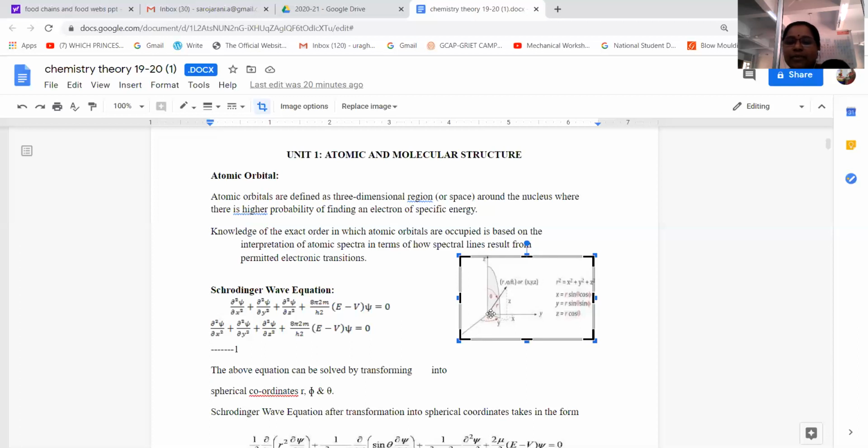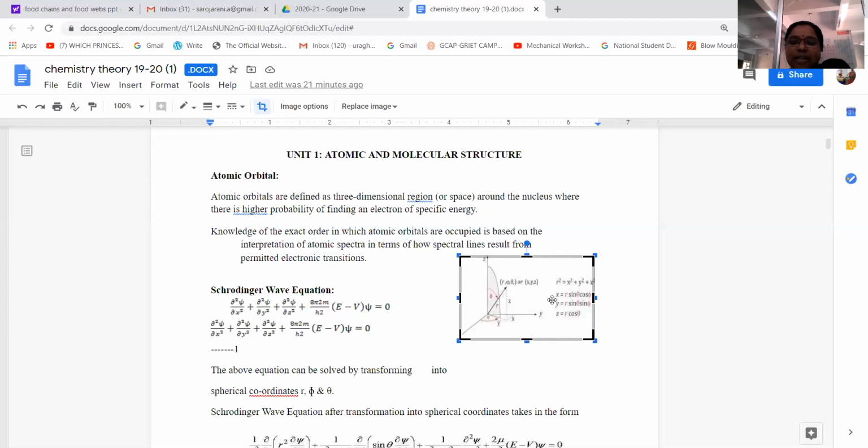Right? So here, if you see this, there are 3 Cartesian coordinates, x, y and z axis, at an angle theta. So simply you are going to call it r. This is the r. r square is equal to x square plus y square plus z square, where x is r sin theta cos phi, y is equal to r sin theta sin phi, z is equal to r cos theta. All these things we have come across from the Schrodinger wave equation. So Schrodinger derived all these Cartesian coordinates.